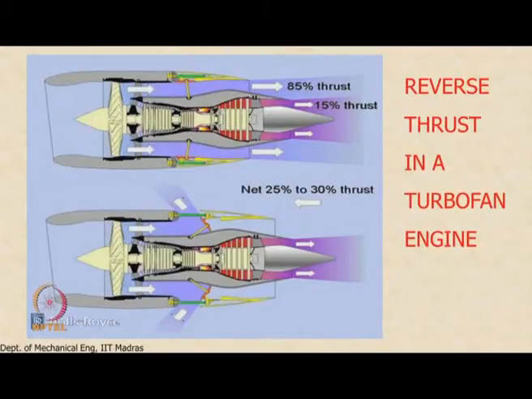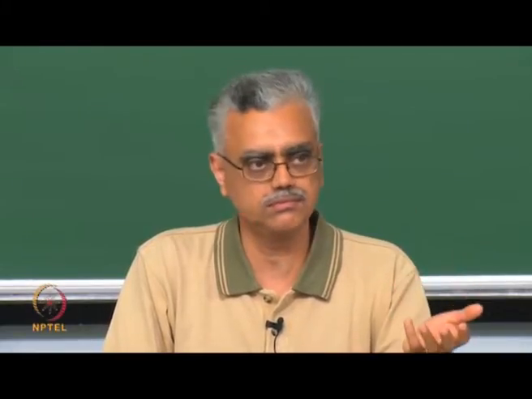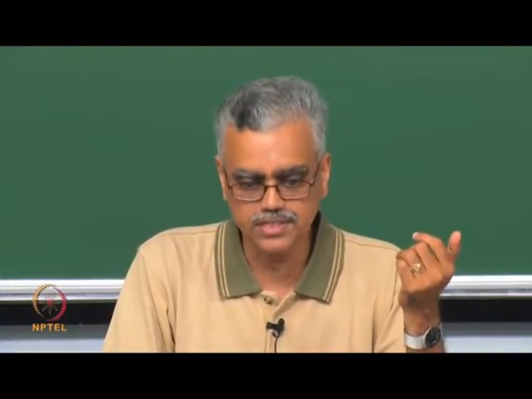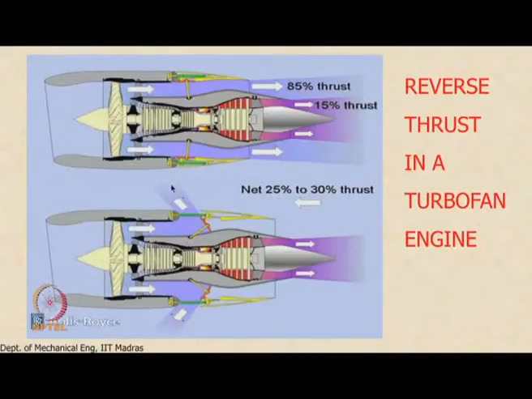Okay, this is what is used to bring the aircraft to a halt. So you can actually see, if you manage to fly next time, and if you manage to get a seat right above the wing, you can see this opening when the aircraft lands, and you can see the air coming out. Okay, and this is deployed in the fan stream.